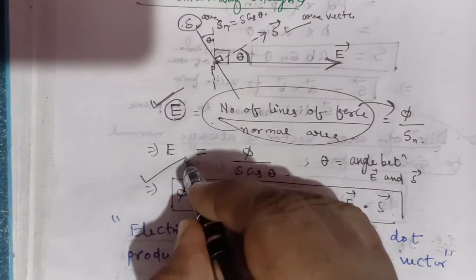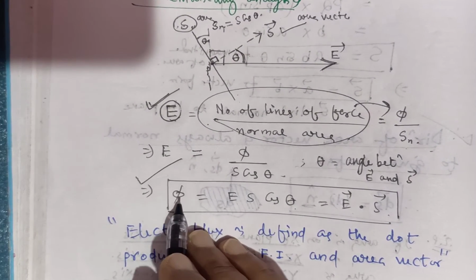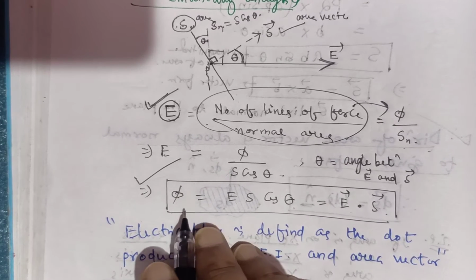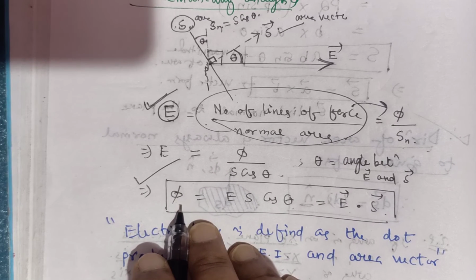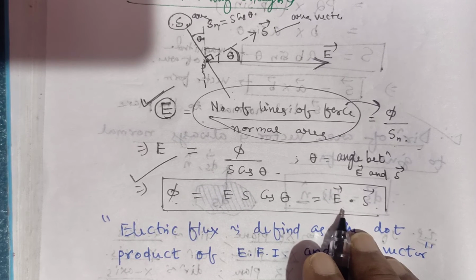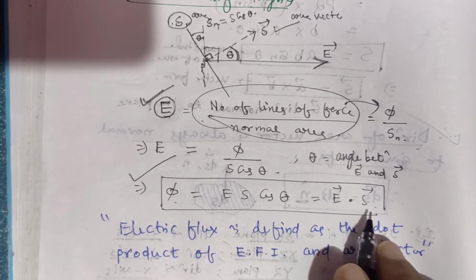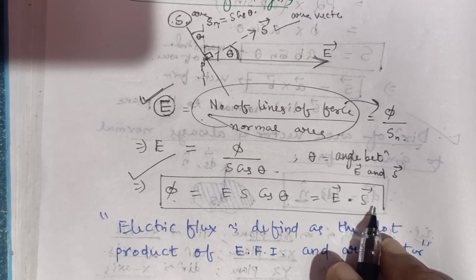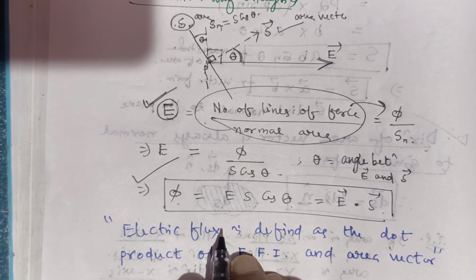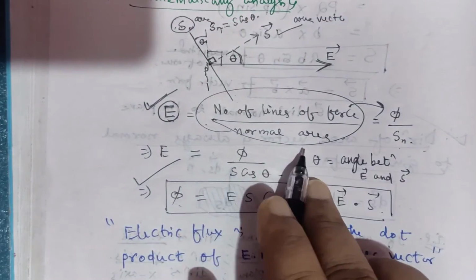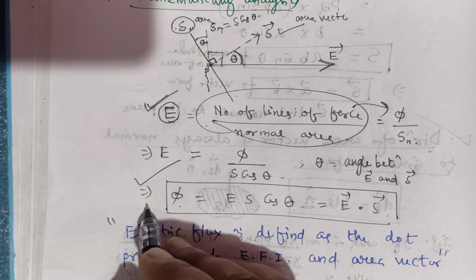So electric flux, quantitatively how can you define electric flux? In exam you can also define in this way, no problem. Electric flux through a given surface may be defined as the dot product of electric field intensity and area vector. As it is represented as a dot product of two vector, it is a scalar quantity. So this is the mathematical expression just to get the knowledge how this formula is obtained.